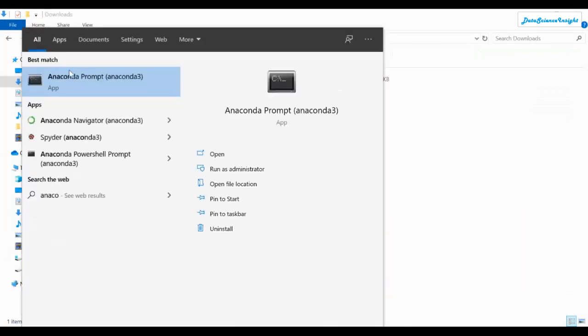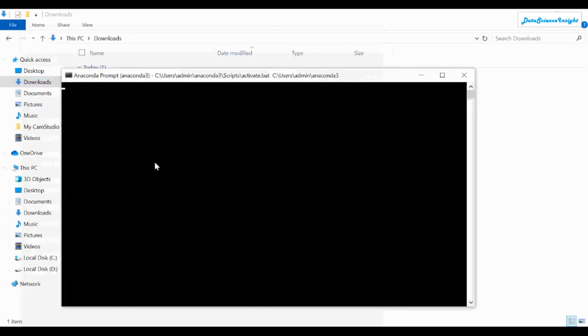Start the Anaconda prompt from the Start menu. Change the prompt to the location where you want the Python files. So here I am in C users admin. I am changing to dpython where I want my Python files to be. So now it is in dpython. Now type Jupyter-Notebook.